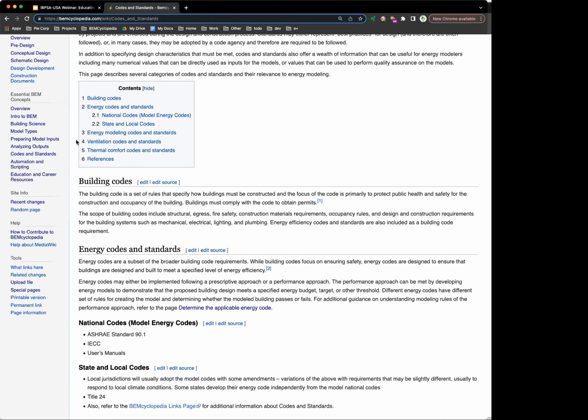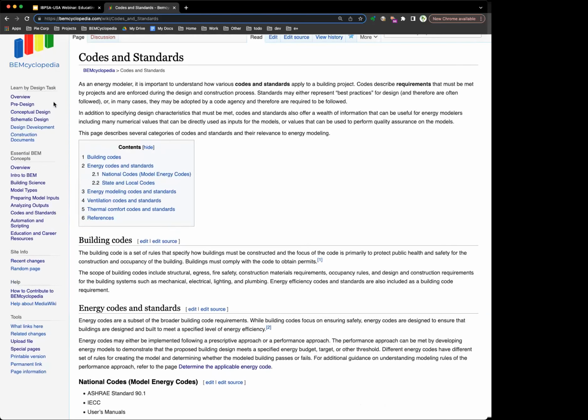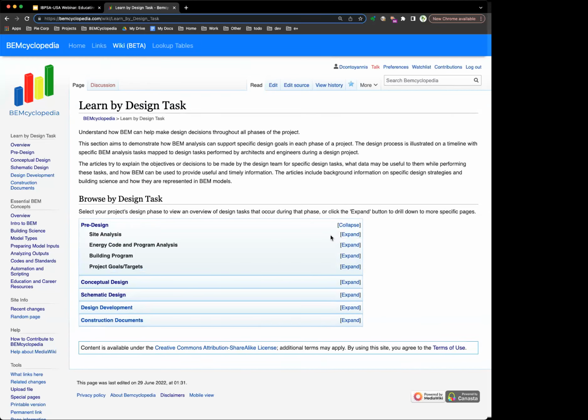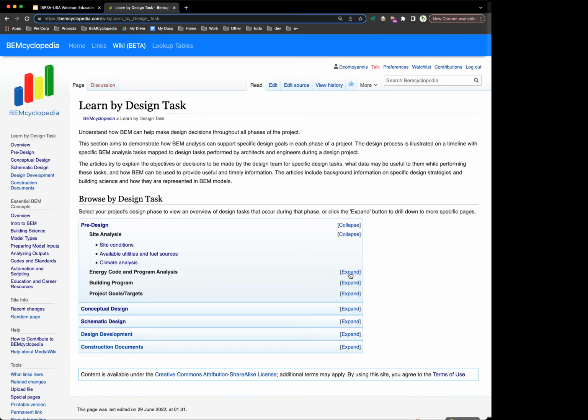So now I'm going to transition and show you some of the content that is available on the Learn by Design Task section. So again, if we start with the overview, we're presented with this menu, which has at the heading level the different design phases in a typical design project. And we can expand on any of these, and it kind of gives us this layered set of information.